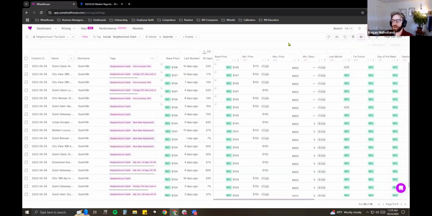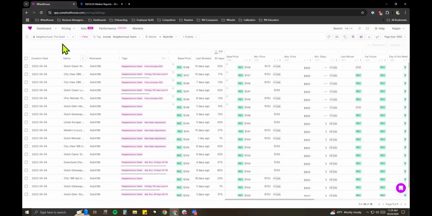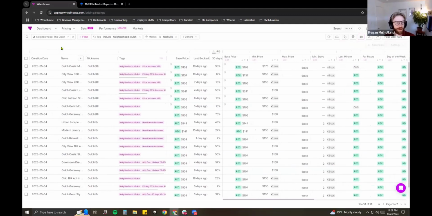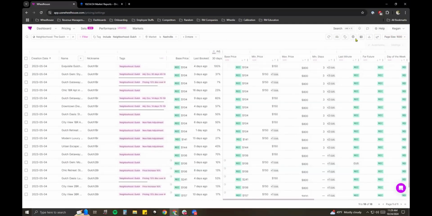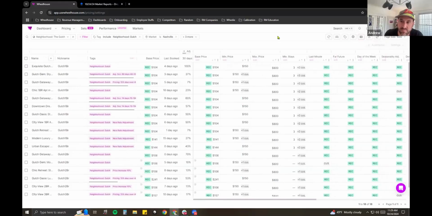If you could create a segment that is dynamically changing for your newly onboarded listings, that'd make your life way easier, right? So 100%. The limitation here is, just so you know, this is the creation date of the listing within Wheelhouse and not your PMS. Tangent side note, but I wanted to mention that. But you can pull up this column and just sort by it, so you can bring your newly added listings to the top right now, but not as a segment. Great call. That's partly why we're here. Keep the good questions coming.